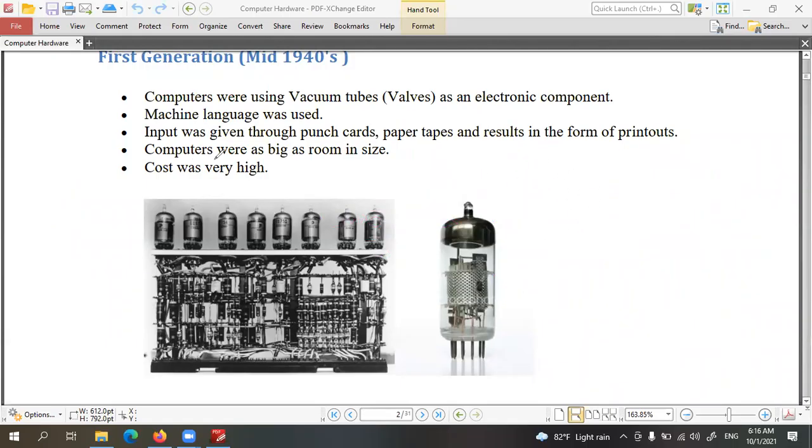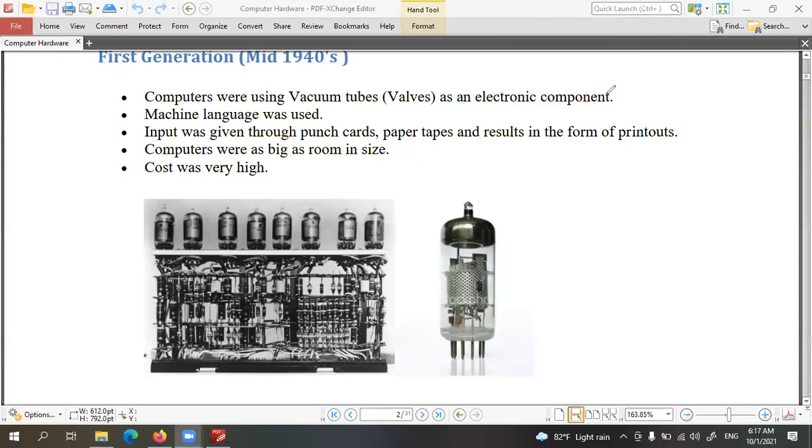These computers were very large, as big as a room in size. It was very huge, the cost was very high, and the power consumption was very high. If you needed to perform a simple calculation, it might take a day. If you wanted to change the operation, it might take another two to three days to rearrange the vacuum tubes. So earlier computers were very complex and very huge. However, they were able to perform calculations using hardware.